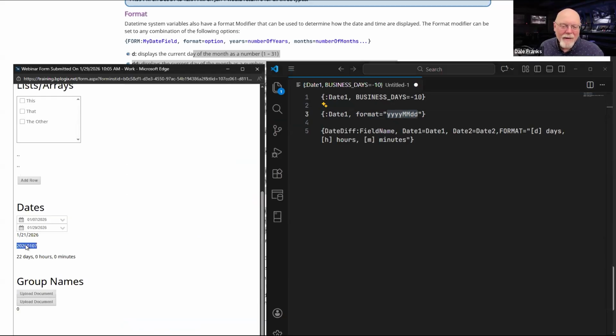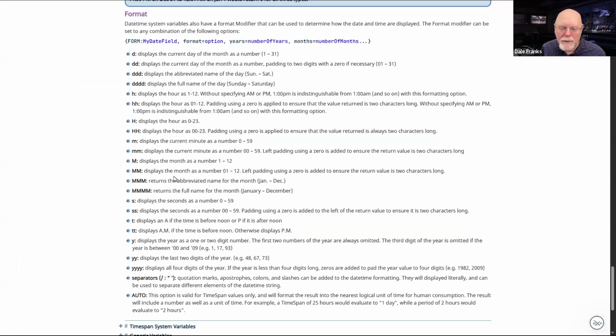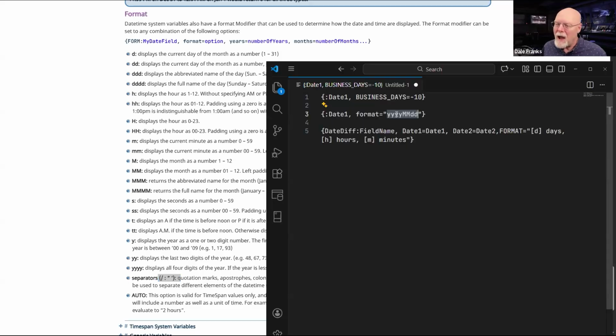And I still use it today because it is so easy to order things by date when you use the DTG to determine what the date is. So the date that I selected in date one was 2026-0107. And so that is my date with that formatting as well. You got a lot of formatting options, and you can use any separators that you want as well. So if you like your slashes, most people do. Some people prefer the regular dash character to be their separator. Doesn't matter. You can use whatever separators you want as part of this.